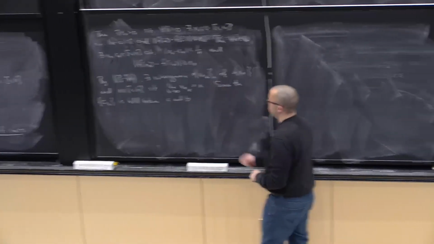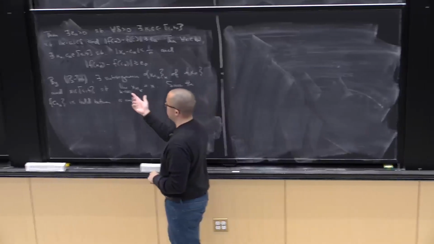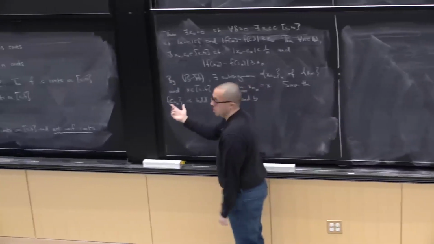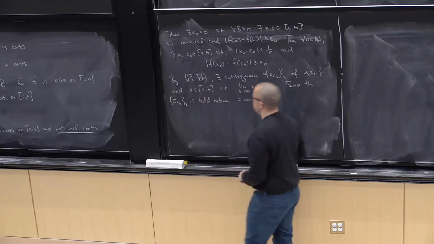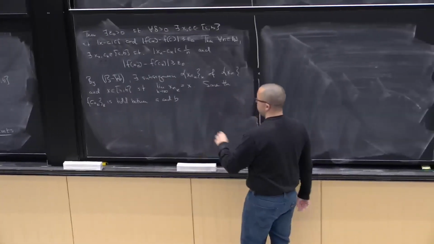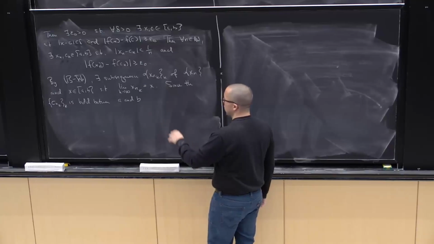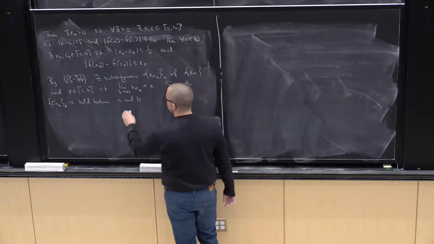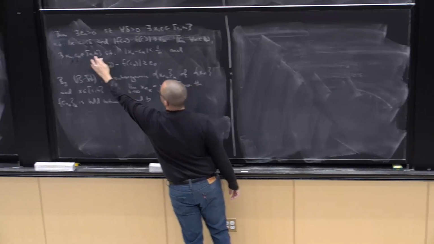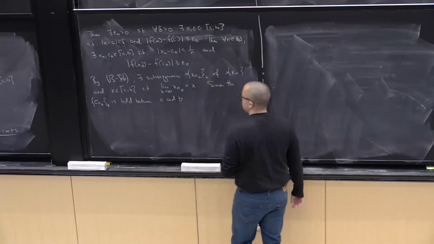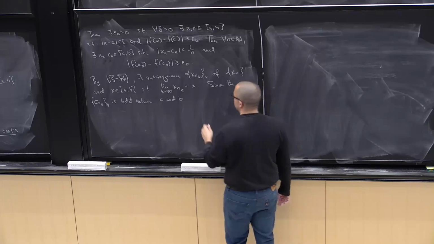So I have a subsequence x_{n_k}, and I then obtain a subsequence of the c_n's by just picking these integers to be the same. All right? And so now that subsequence of the c_n is still, they're all coming from [a,b], so that's bounded. So it's bounded. So by